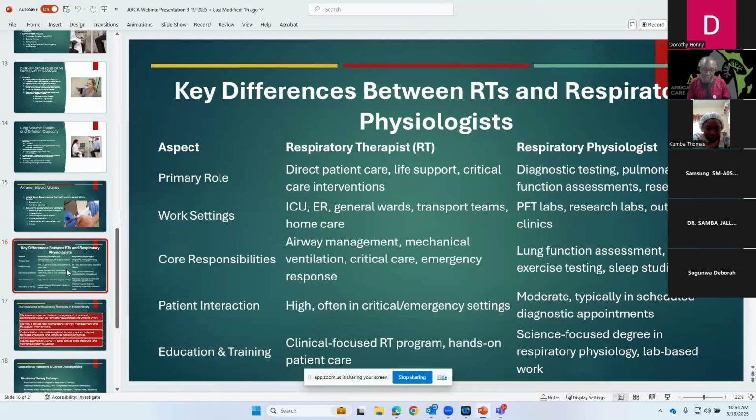They could be part of the transport team. It could be in an ambulance. It could be in a helicopter. It could be in a fixed wing airplane. A respiratory therapist can work in any of those areas. Even in the home setting, we have patients that we send home, and a respiratory therapist will follow the patients to make sure that, one, they do any education for the patients, how they use their drugs, and if they have a peak flow meter, how they use it.